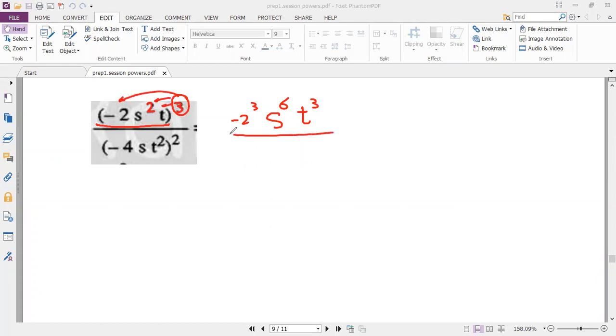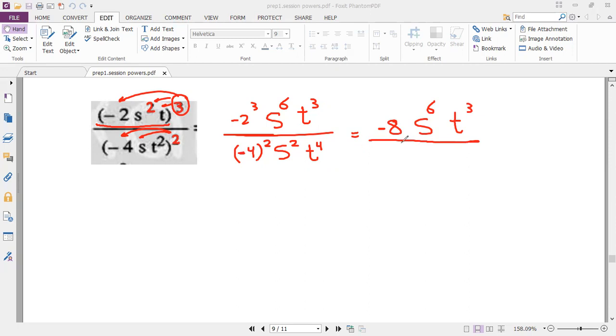And at the bottom we have negative 4s t to the power of 2, all raised to the power of 2. This power is going to be distributed on all terms here. So it's negative 4 to the power of 2, and s to the power of 1 to the power of 2, it's s to the power of 2, and t to the power of 2 raised to the power of 2, it's t to the power of 4. The top equals negative 2 to the power of 3, which equals negative 8, s to the power of 6, t to the power of 3 over